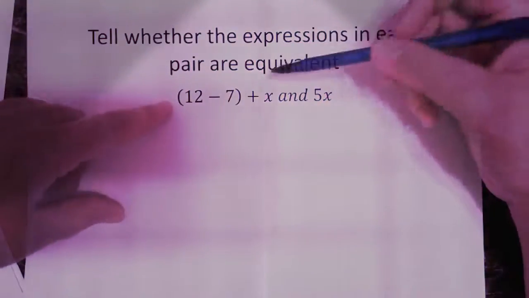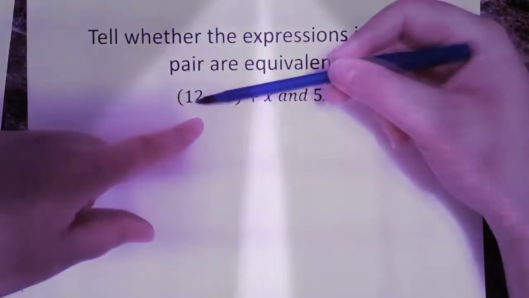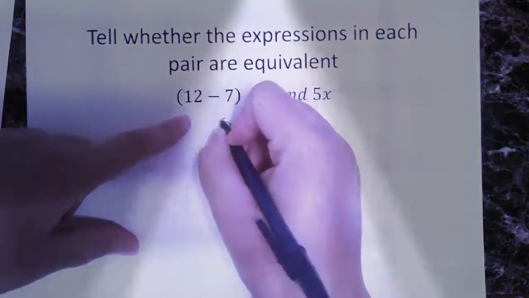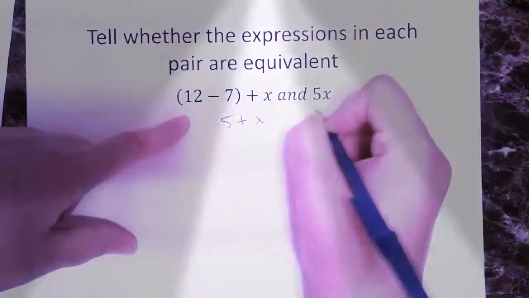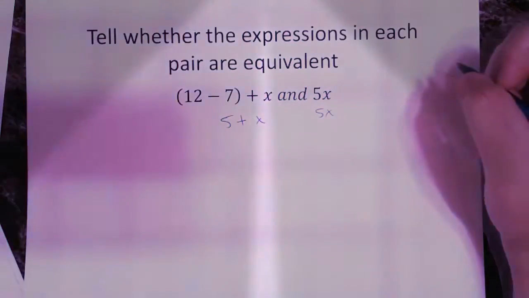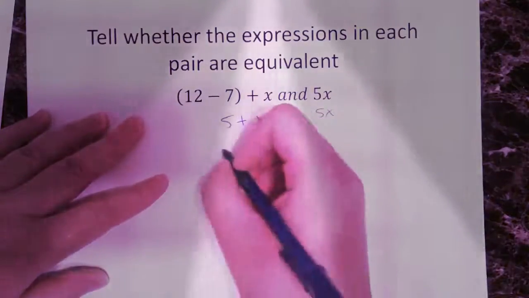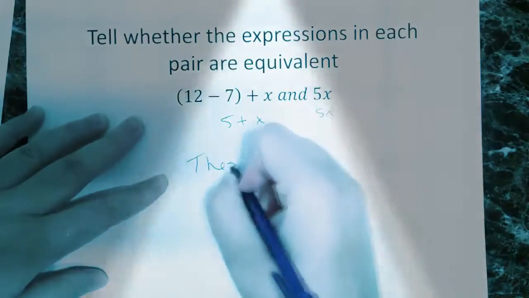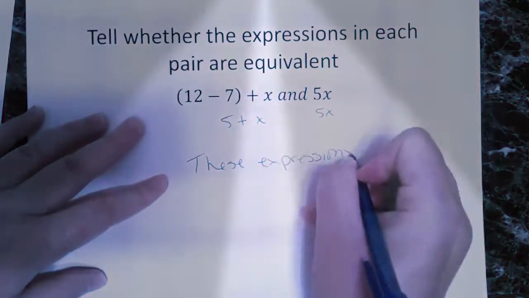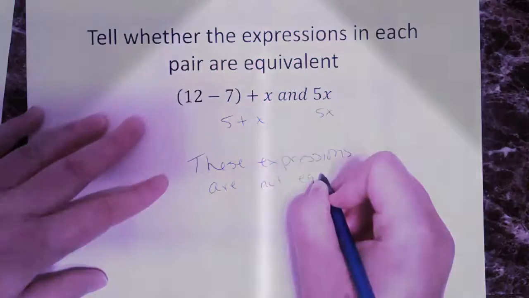Let's look at these guys. Are these the same? Well, what's 12 minus 7? 12 minus 7 is 5. Is 5 plus x the same thing as saying 5x? Is it the exact same thing as saying 5x? No, it's not. So these guys are not equivalent. These expressions are not equivalent